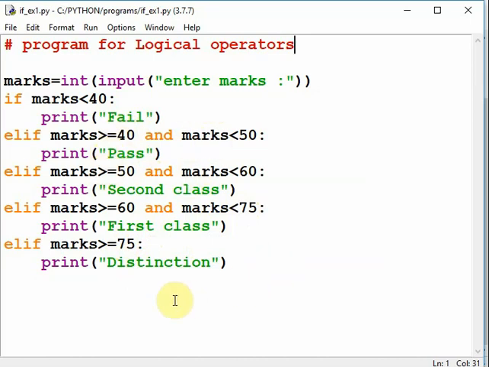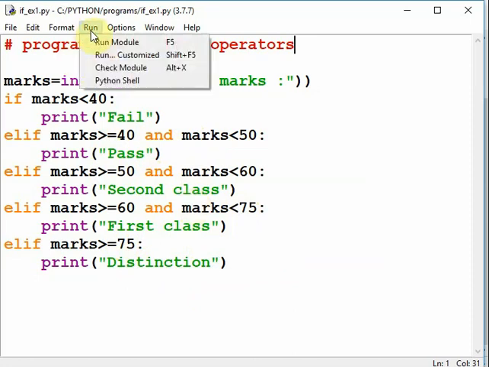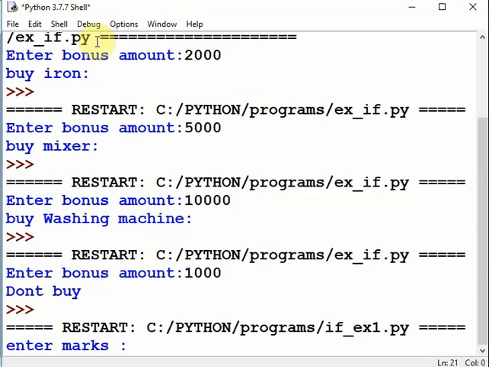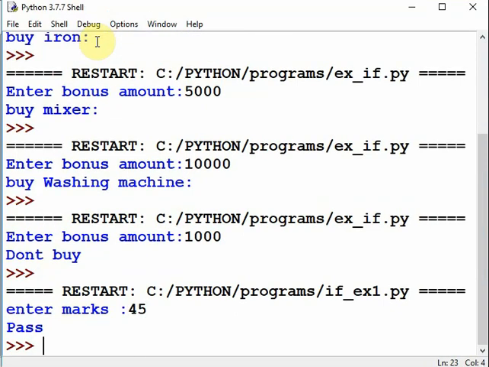Okay. So in this way, let us run this module. Run, enter marks. So I will give 35. 45. Okay. Enter. Pass. Again run the module.